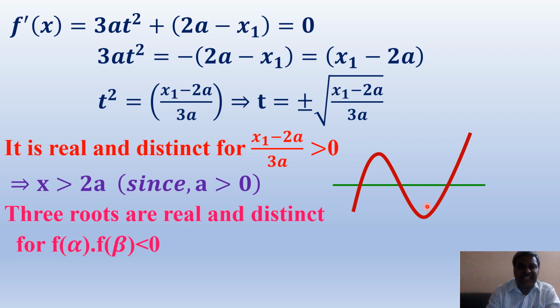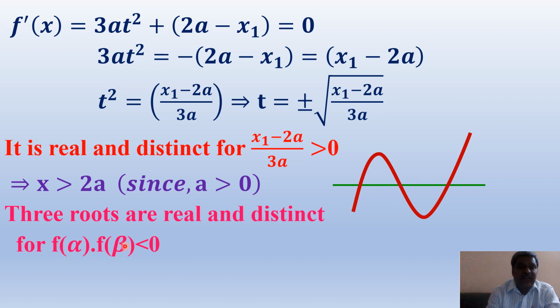This is one of the cases. I will explain all the cases later. This is the first root alpha. This is the second root beta. For plus, one root is taken as alpha, and for minus, you take the other one as beta. The corresponding function values are: this is f of beta, and this is f of alpha. So f of alpha into f of beta, what? Less than 0 in my case.